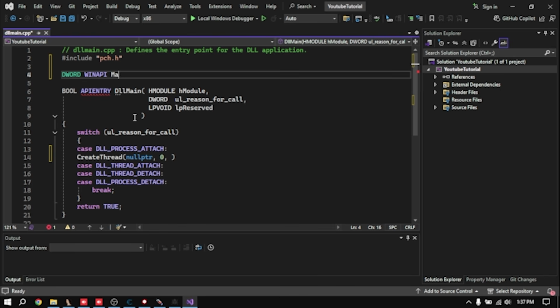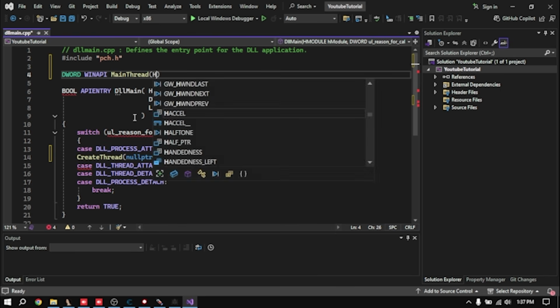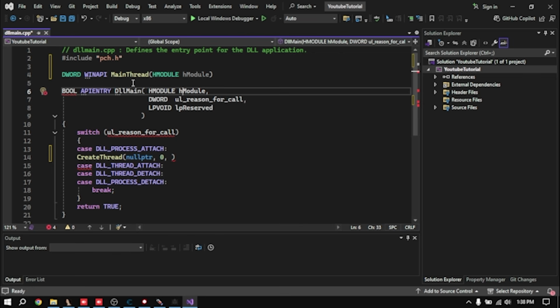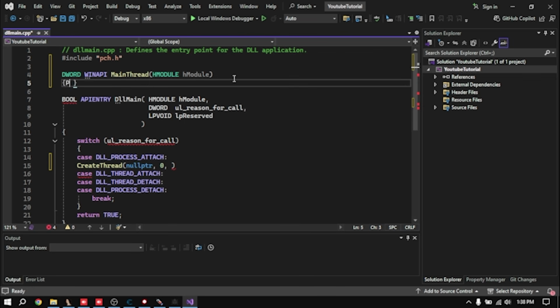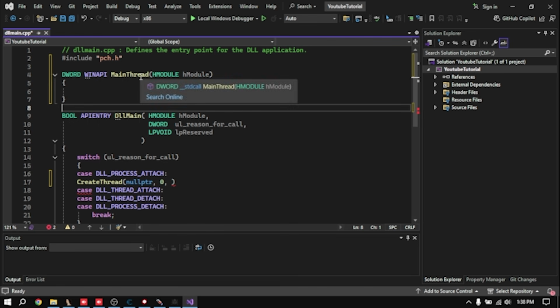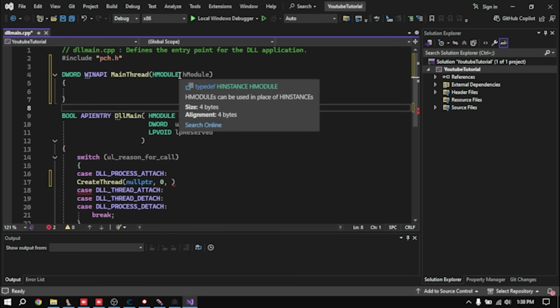And we're just gonna call this main thread, and then it takes a module, because that's what we need to define in our CreateThread, as you see right here. So we're gonna do HMODULE. Let's go over it. So first, actually make it a function, or open it up. Next, we're just going to need to know what